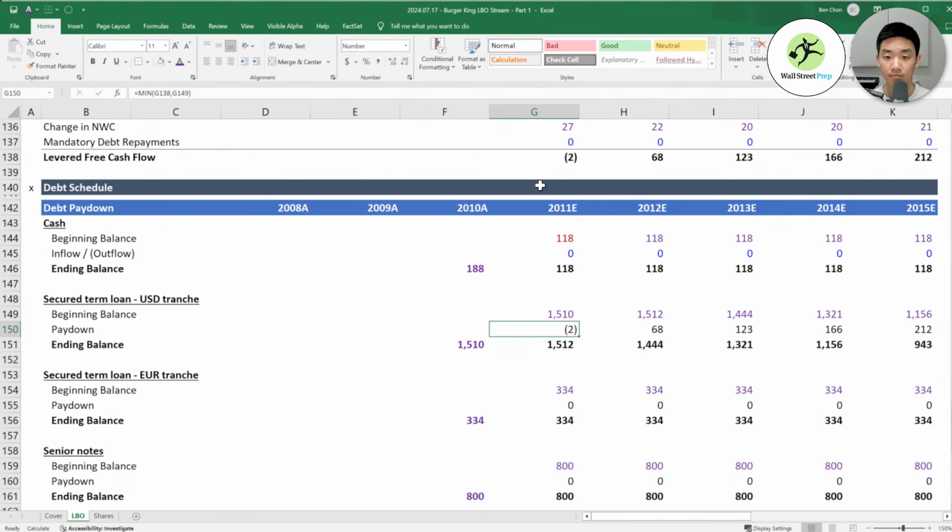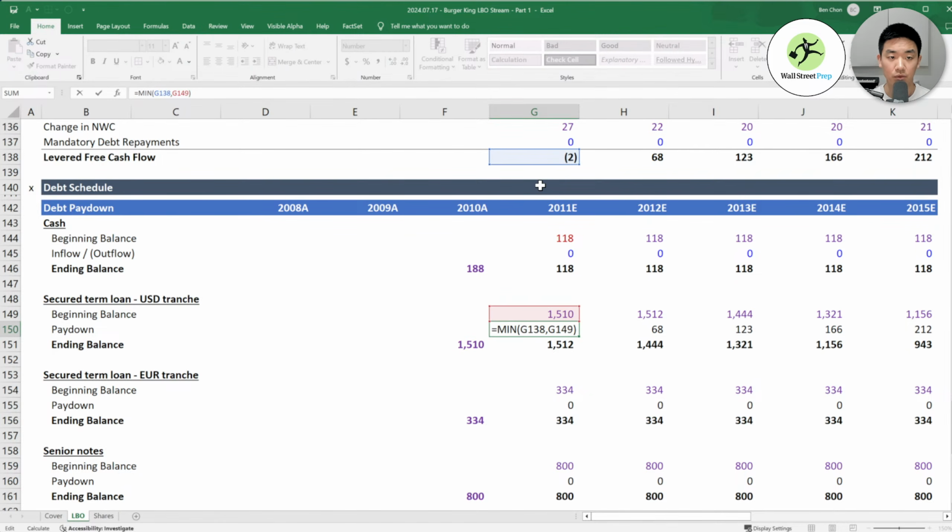I need to change this formula. So our cash flow is negative, so basically we should be paying 0. I didn't expect cash flow to be negative and have this issue.